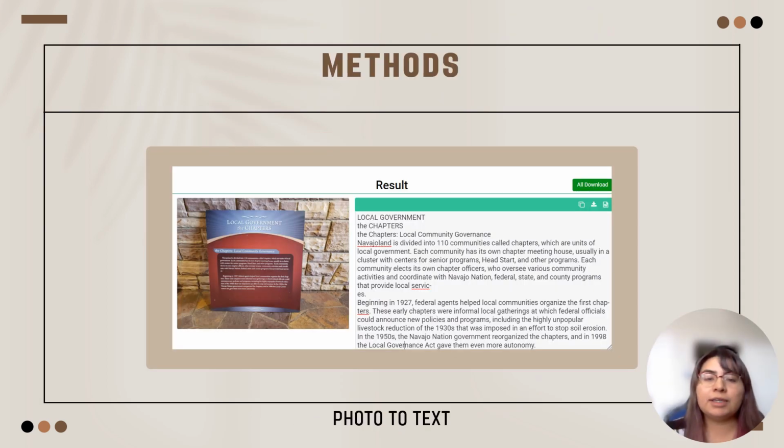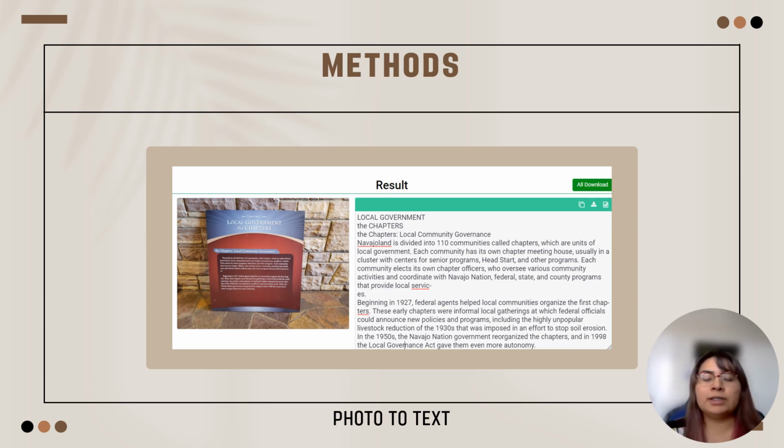Some of the methods that I incorporated within this research were to see how well I could see those 6R's in science, or even to see what the current signage looks like within these parks. One of the methods is photo to text. I would take pictures of all these signs from all these different park locations throughout the Southwest, mostly in Arizona, with a couple in New Mexico.